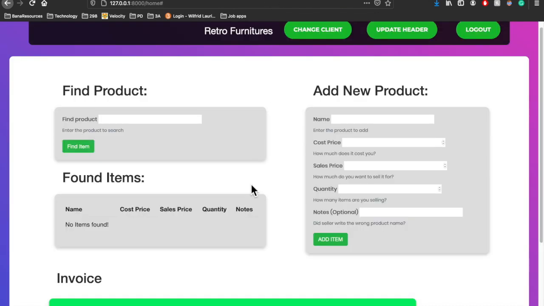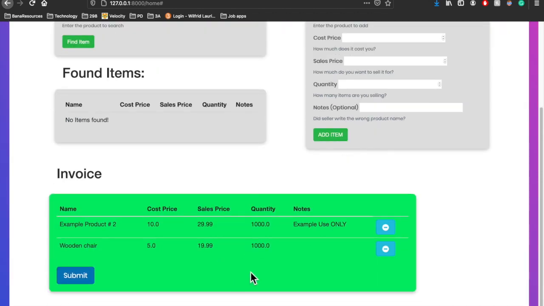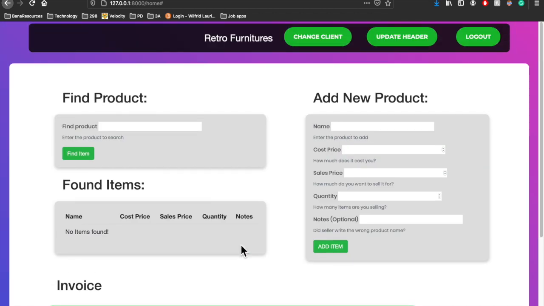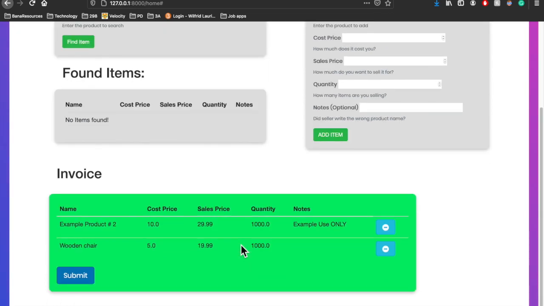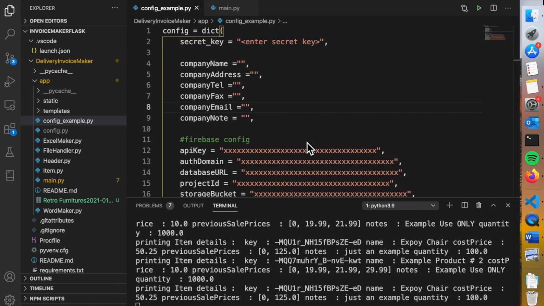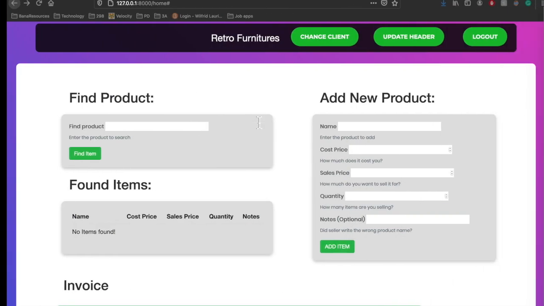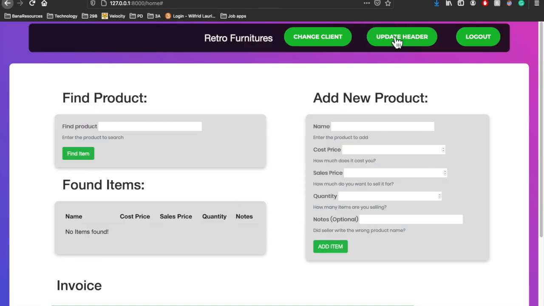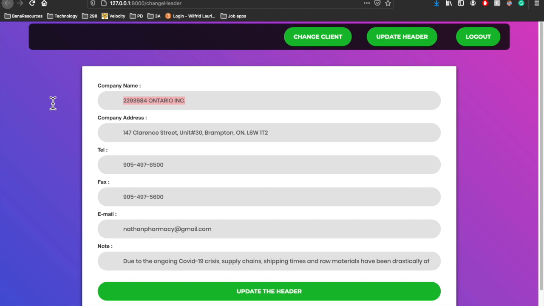Now, returning to the invoice section here, we've added these two products. We want to create and finalize this invoice. Our next step is either we can update the header from the previous values here that we've set, or we can keep it as is and submit to the company. Since this is a demonstration for a furniture company, let's change it to a more appropriate example. So let's say wholesale furniture as our company name. Let's just say the address as example address,